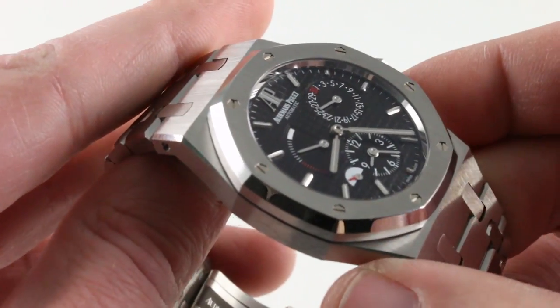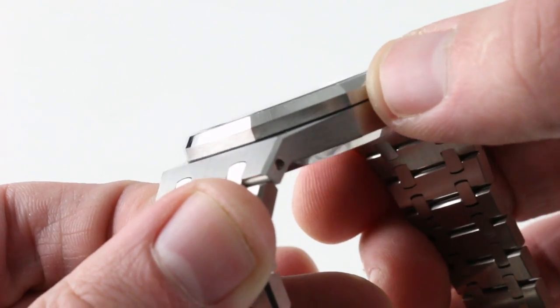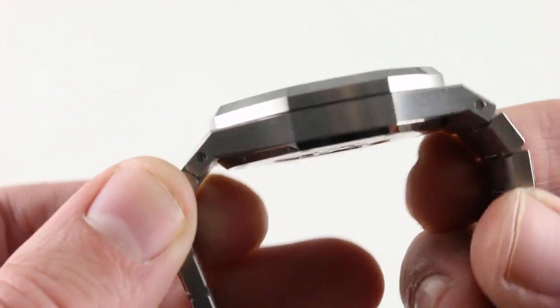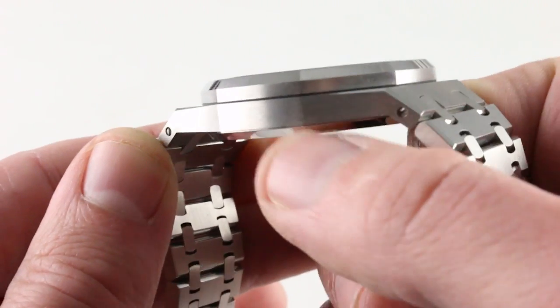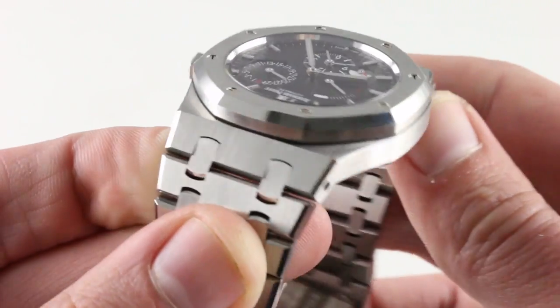Now, the case finish is just as impressive as the bracelet. As you can see, the perfect alignment of the character line crease from the top of the bezel to the flank of the bezel to the mid case to the case back shows the attention to detail. A hairline expression of the bezel gasket between case and bezel, and then you'll note that there's a satin finish